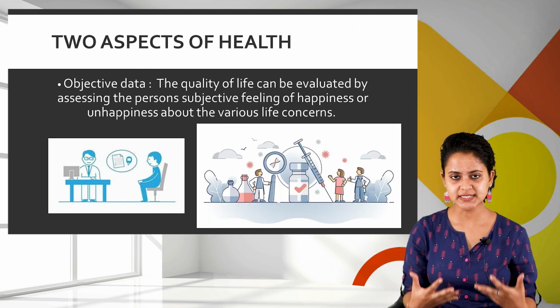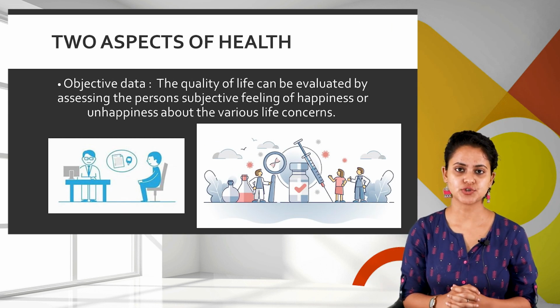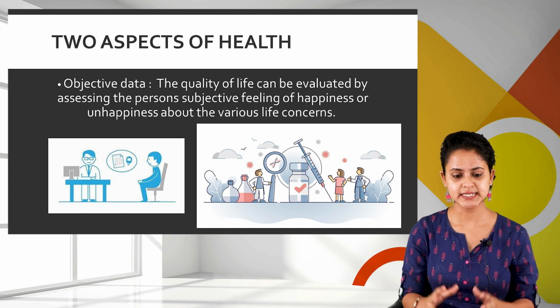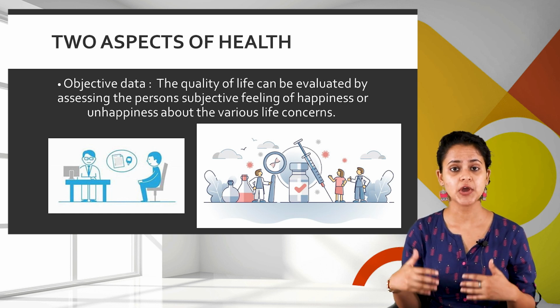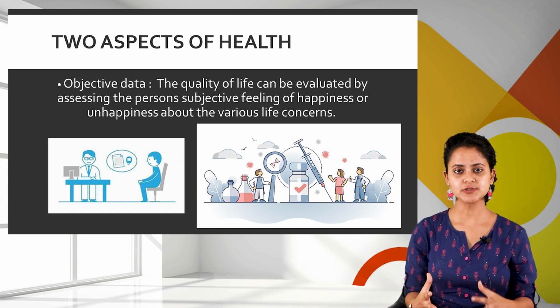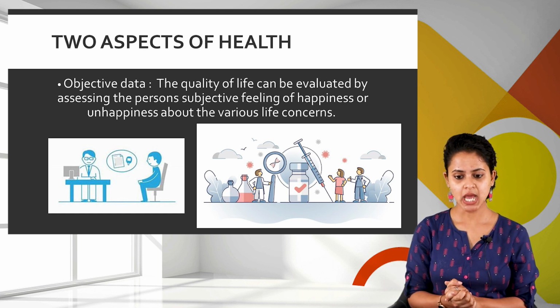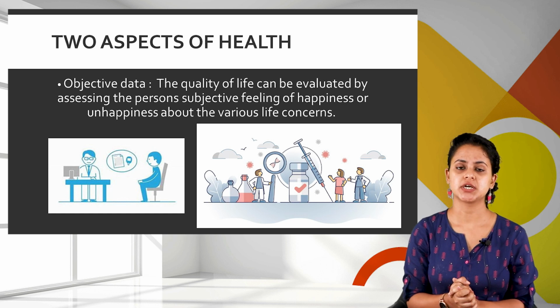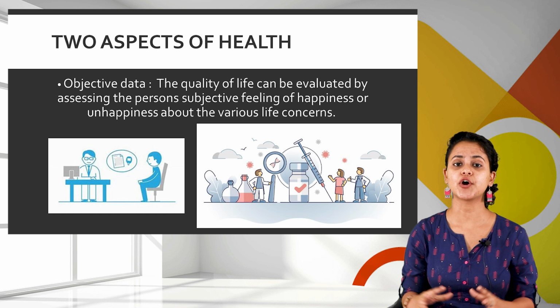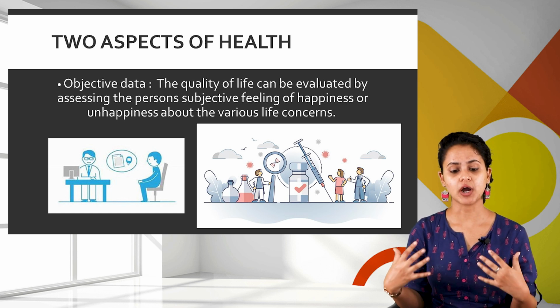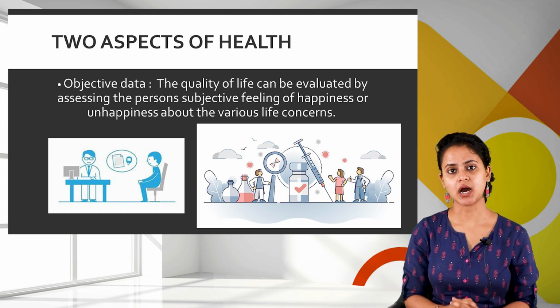The objective aspect of health is a basis formed by objective parameters. These objective parameters are generally measured by the measurement of structure and the function of a person during a